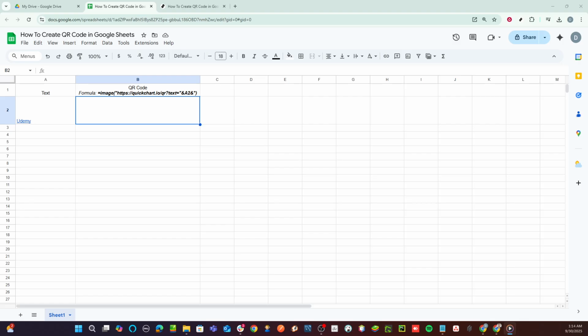Choosing this cell is strategic as we're planning to populate it with a QR code that will easily extract data from another cell. This brings us to the exciting part of our tutorial, using a formula to generate the QR code directly in your sheet. Now with cell B2 selected, it's time to type in a specific formula. You're going to type =IMAGE